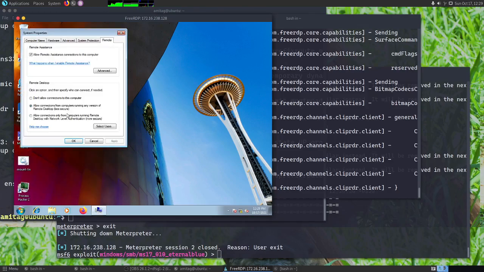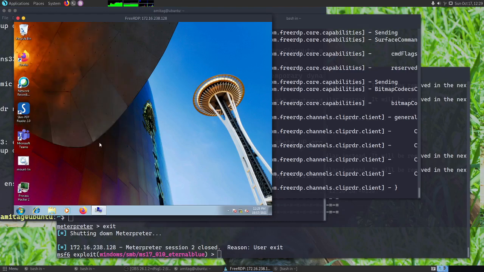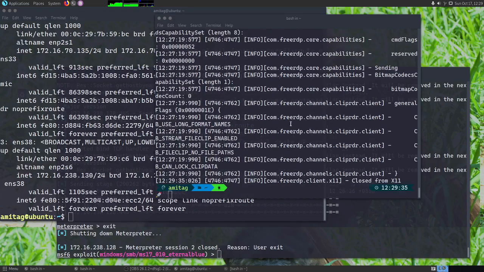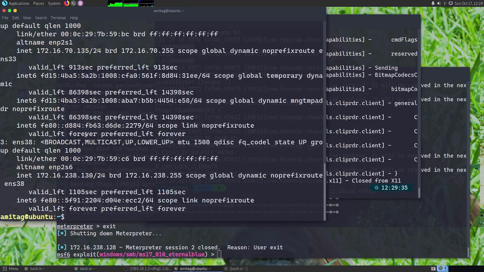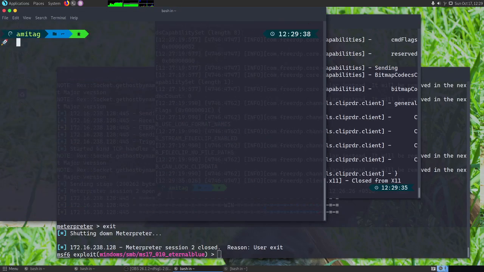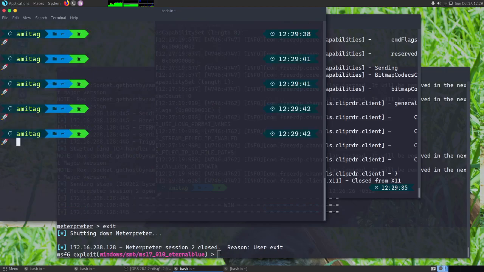So if I go here, I have allowed connections from computers running any version of remote desktop, which will basically allow us to do an RDP from anywhere and connect to this machine once we are able to establish a tunnel through this. So I'll close this, and then let's get started.